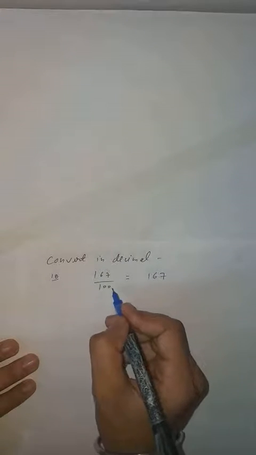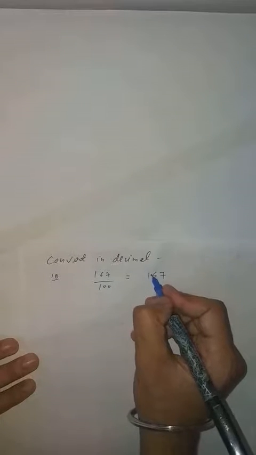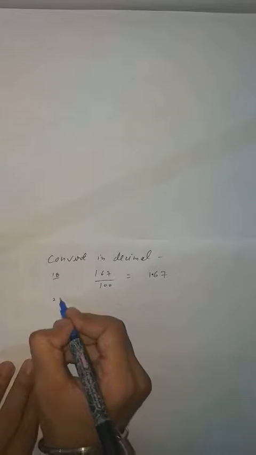First write down 167 upon 100, I explain by division method, and if you want to know answer without division, so what you will do, 100 is given, that is after decimal there should be two digits, because 100, so here you will put decimal and you can check after decimal there is 2 digit. I explained by the division method, but direct you can do like this. So this is 1.67.